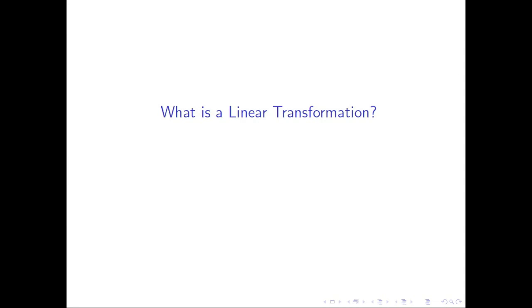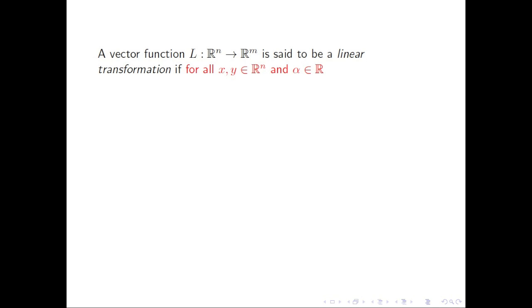What is a linear transformation? Let us give a formal definition. A vector function that maps vectors of size n to vectors of size m is a linear transformation if for all vectors x and y of size n and all scalars alpha,